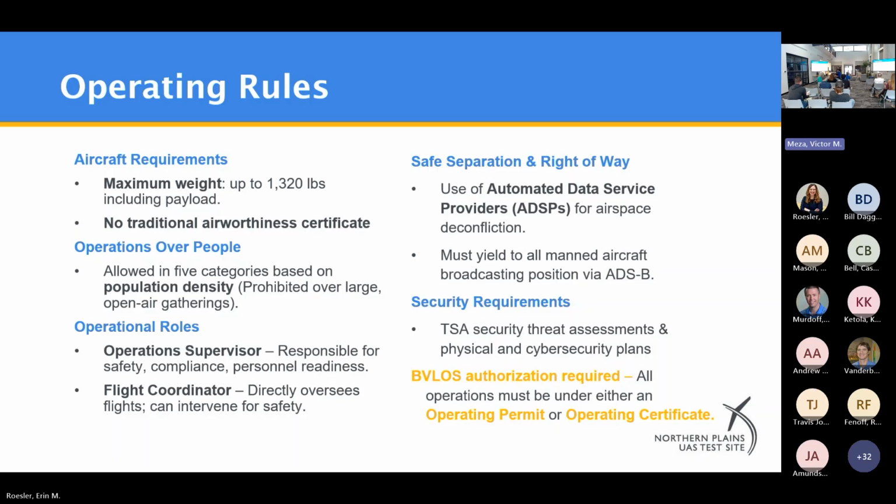Security requirements. If there was one area of the NPRM I would place money on that's not going away, it's the security requirements. From a personnel standpoint, both operators and manufacturers do have to go through at least some level of a TSA security threat assessment, which means a background check of sorts. Okay, so that hasn't been something that UAS has seen before. However, traditional aviation does have that.